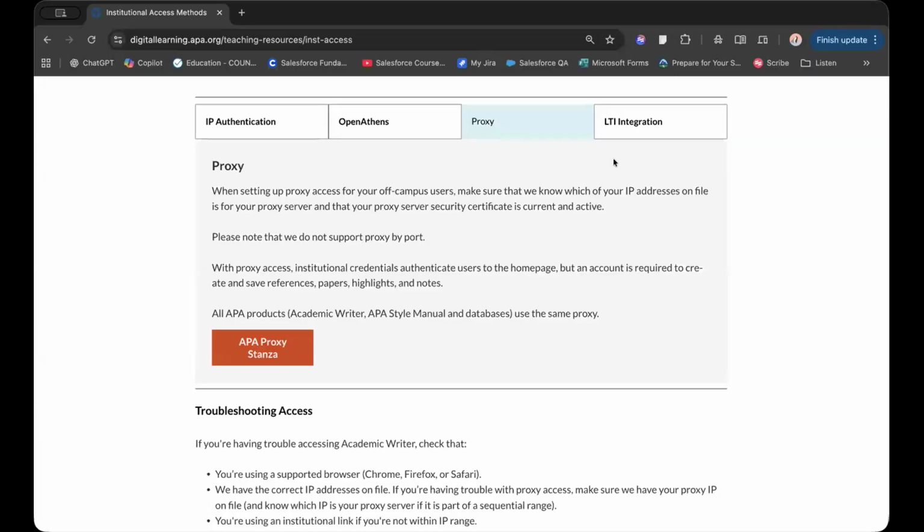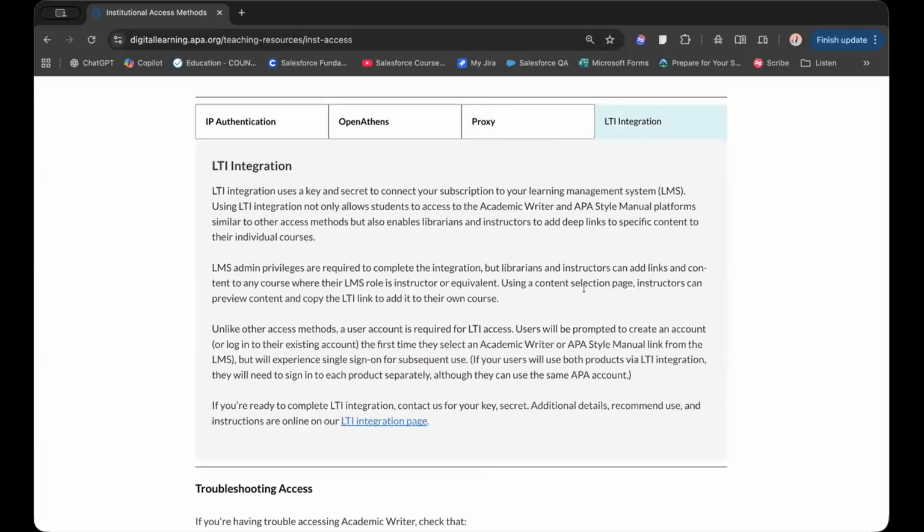The last thing I want to mention, I do see there's some stuff going on in the chat, and I'll go have a look at that in a minute. I did just want to talk momentarily about the LTI integration. I know, just based on the attendee list, that some of you are already using the LTI, but I wanted